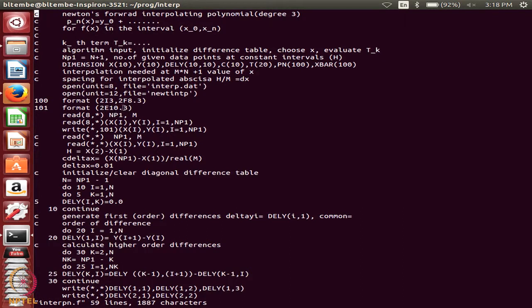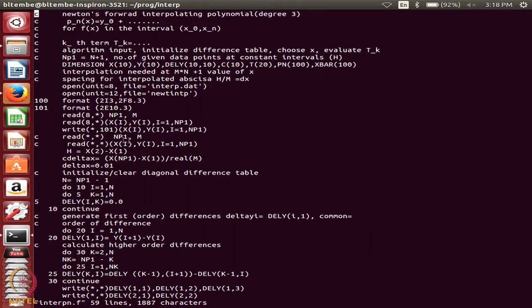E 10.3 means it is an E format with 3 digits after the decimal point. Total space will be 10 characters, the decimal point takes 1 place. So, there will be 6 places to write the number on the left side of the decimal. So, 2e 10.3: on each line it will write 2 values.